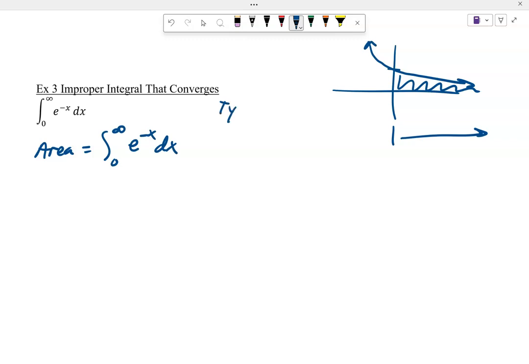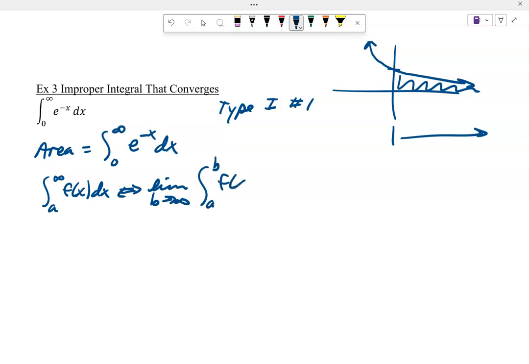So this is another type 1, number 1. So we have from a to infinity of f of x dx is equivalent to the limit b goes to infinity from a to b. So here we have